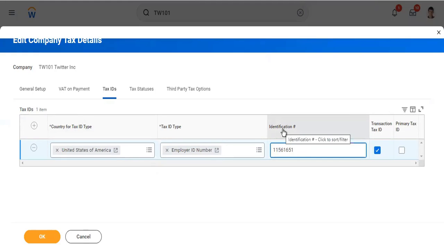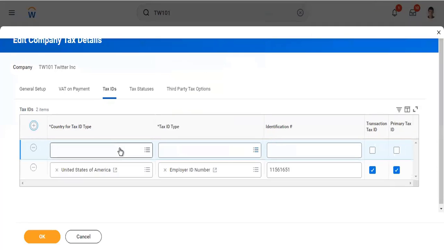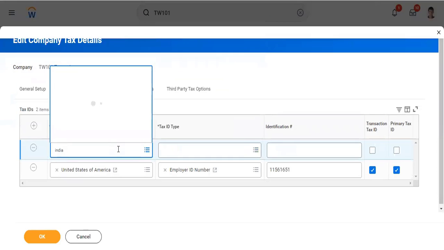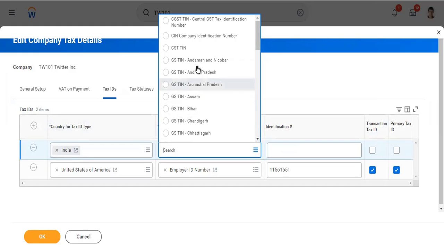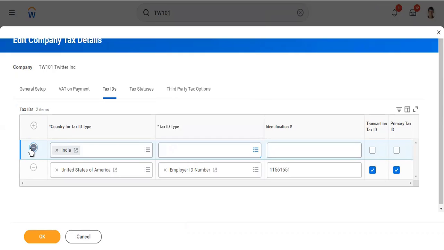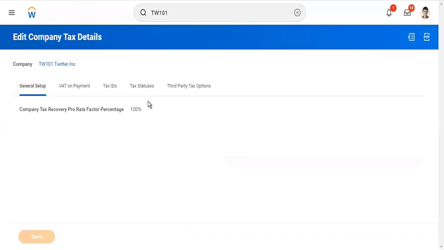Don't go with I. So, India, okay, like GST in Assam, these are like state tax, GST. This is central state tax, TIN number, company identification number, all those things. So just like this, you can add multiple values here. There is no such restriction. Once you've done that,